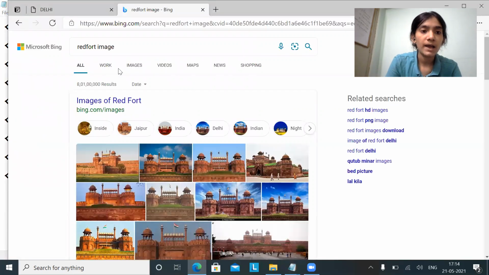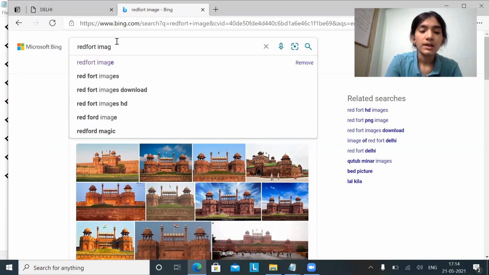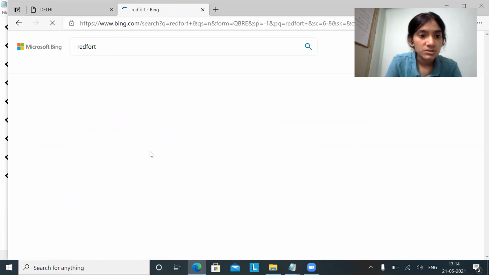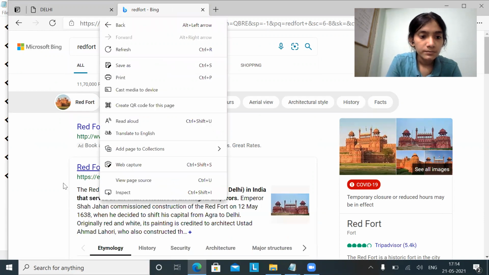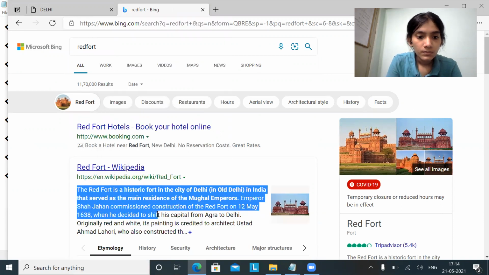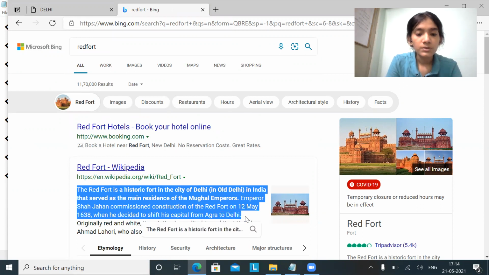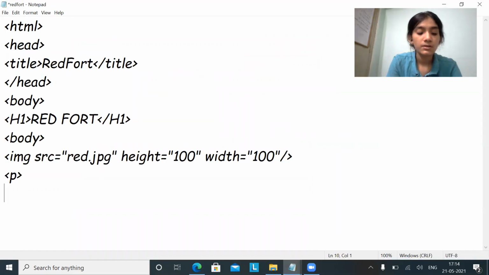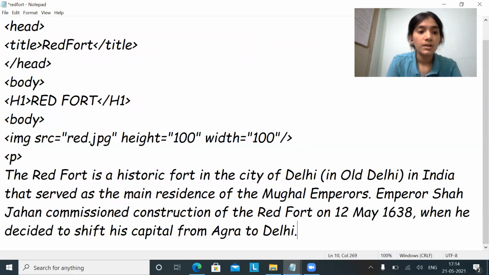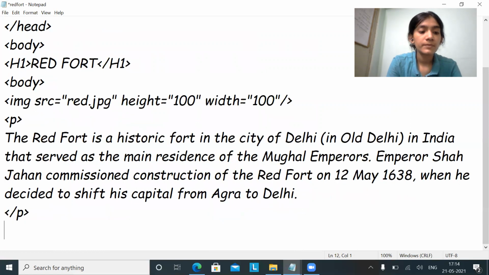Okay, so go back and just type certain information regarding Red Fort. So just copy, Control C, and then you can just place it here. Control V, and close the para.